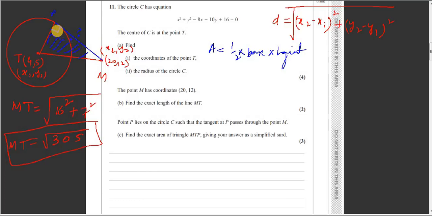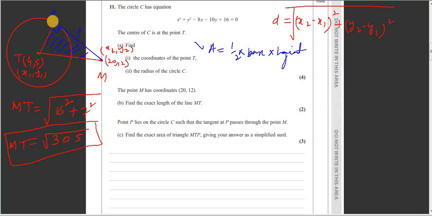If we have a length of this side, this side can be considered as the height of the triangle, and this PT can be considered as the base, and we can use this formula to figure out the area of the triangle. That's how we solve it. So first of all, we need to find the length of